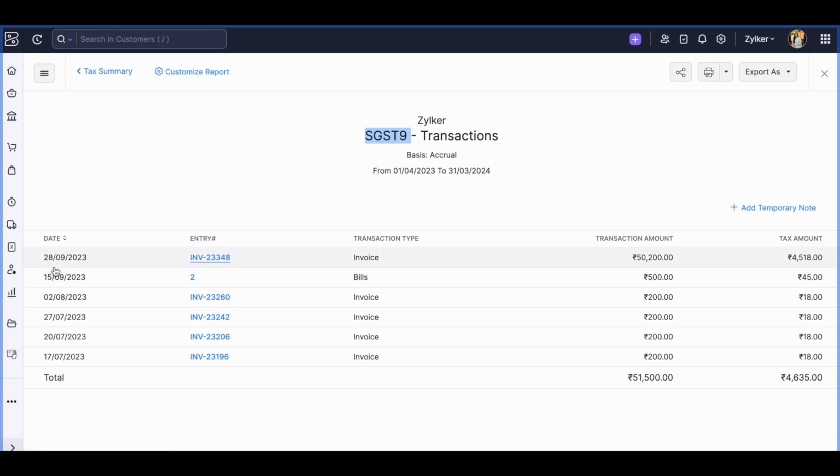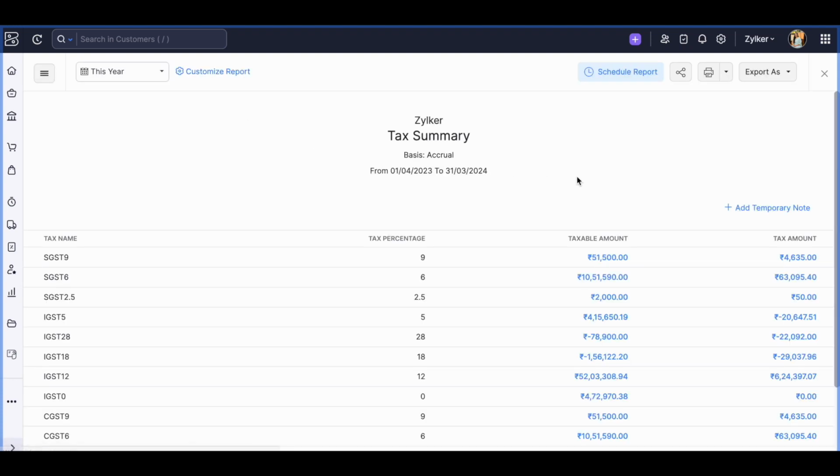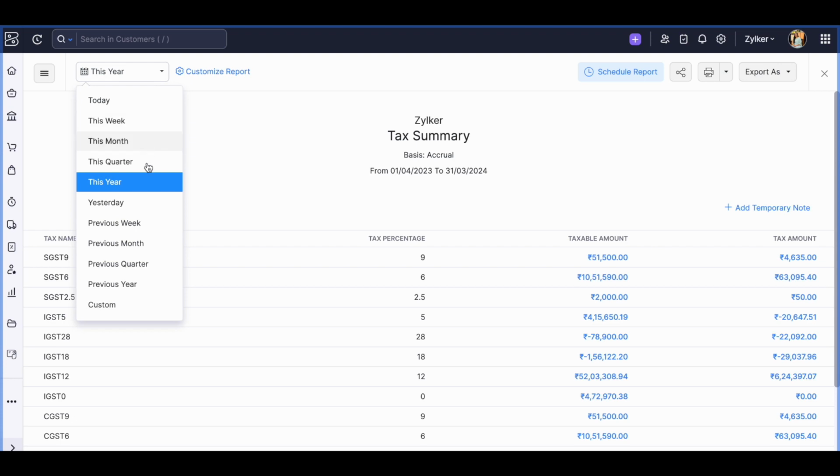Here you will find the date, the entry number, that is your invoice number or bill number, the transaction type in which this tax is associated, the transaction amount, that is your invoice total or bill total, and finally the tax amount. This report can be customized. You can select the required date range,